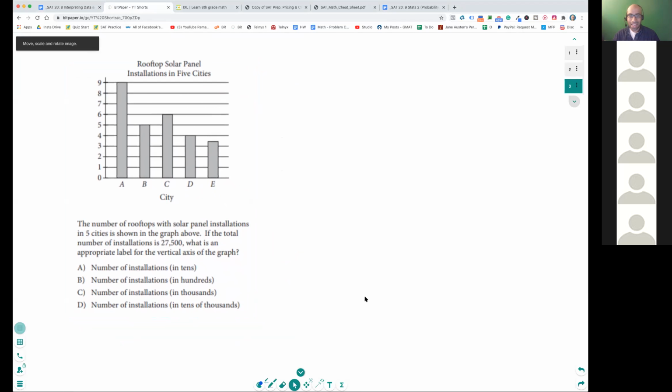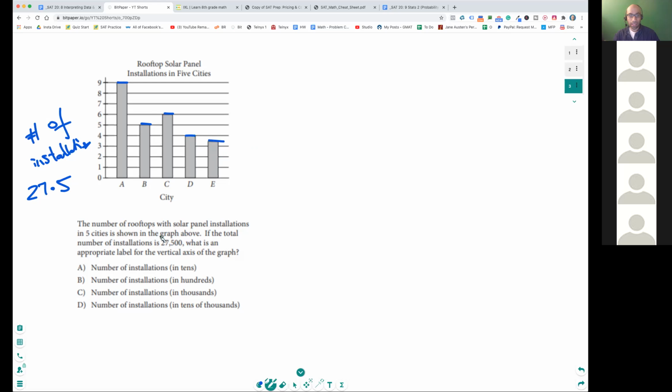So this is just a scaling problem, right? They haven't given you what this piece over here is, the number of installations. But clearly, if you just add these installations, 9, 5 is 14, plus 6 is 20, plus 7 is 27, and 3.5 is 27.5. So if the installation is 27.5, that's clearly wrong, but it's given you